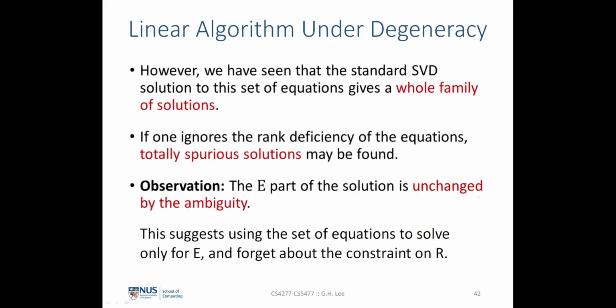So this means that we would have a whole family of solutions if we completely ignore the rank deficiency here. The worst case is that even if we ignore the rank deficiency, the SVD of A still exists. This means that the factorization into this form over here still exists, but we might be taking the wrong solution, assuming that